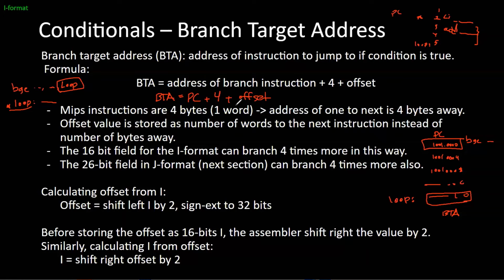And there is one more thing that I want to tell you. In the I format, so we said like BGE, and then we have a label, and we have this table with 5 or 6 bits, then 5, 5, and then here we have 16 bits. So this 16 bits is the offset, but it's not exactly the same. We are storing the offset here, but we are storing it as the number of lines